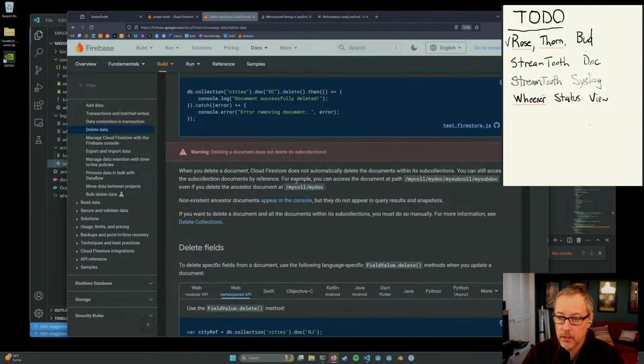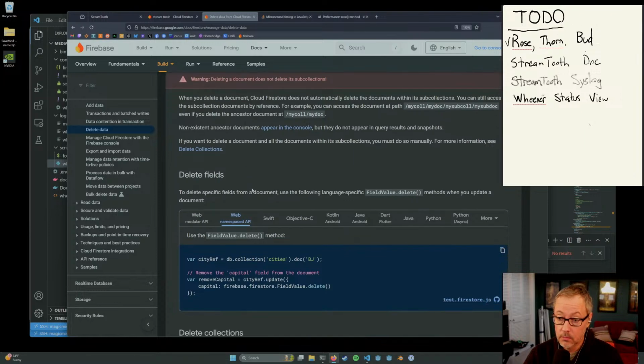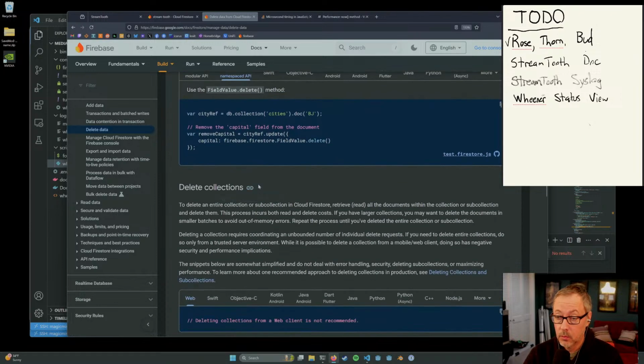When you delete a document, Cloud Firestore does not automatically delete the documents within its sub-collections. You can still access the sub-collection documents by reference. Oh, that's not good. Well.